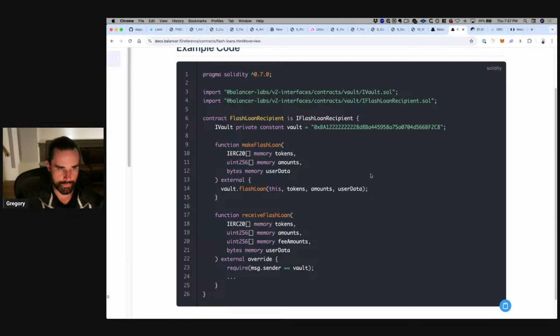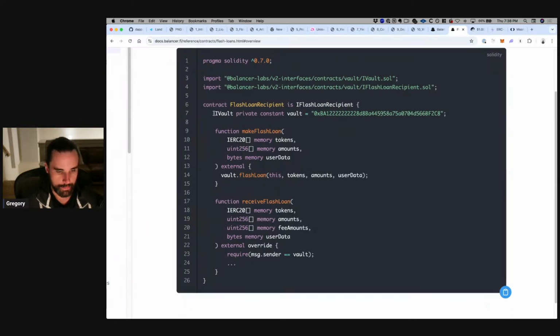Okay. Now, we want to plug our flash loan contract into the Balancer library. So to use that library, that's what we're doing right here. We say our contract is FlashLoanRecipient. That's this contract right here that we're importing. So this is called inheritance inside of Solidity. Basically, you're just inheriting from the library like a parent to child. This is a library, FlashLoanRecipient, and you're just saying, hey, my contract is taking all of the behavior from the FlashLoanRecipient, which is the library.